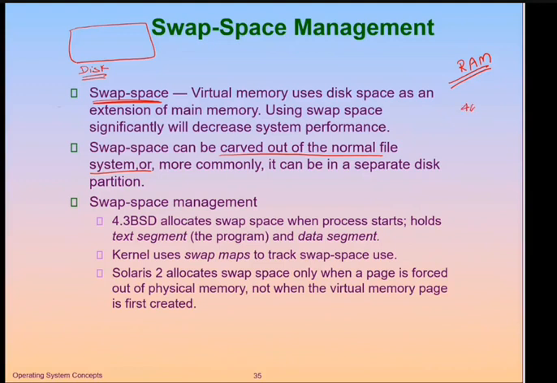If there is 4 GB of swap space, it is nothing but a big file of 4 GB where we can perform some read write operations, right? So whenever there is a requirement to allocate swap space for a page which is forced out of the physical memory, instead of putting it back to the hard disk, you will put it into this particular file which is nothing but a swap space. So one possible way is to carve swap space out of a normal file system.